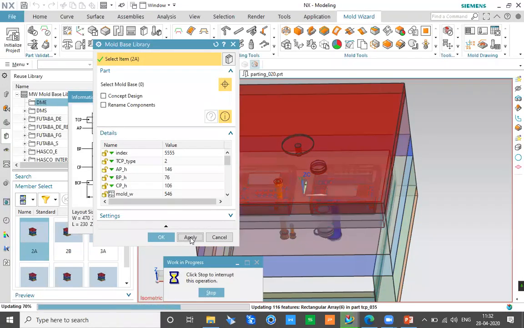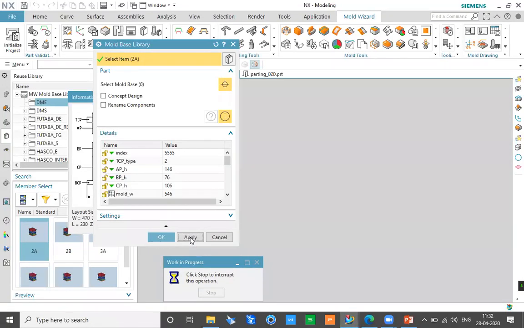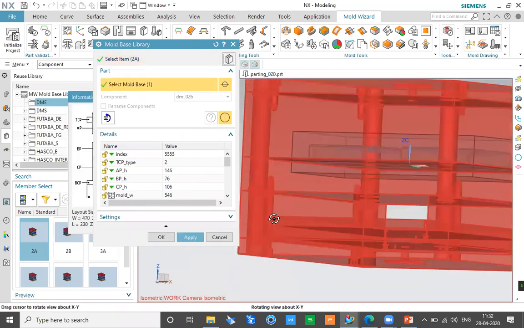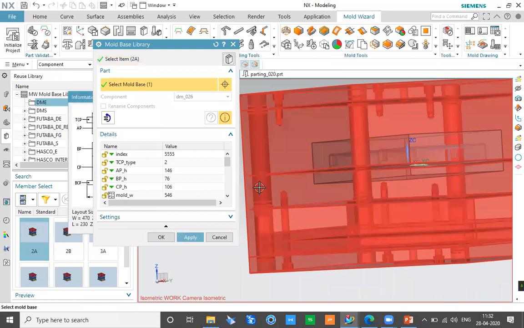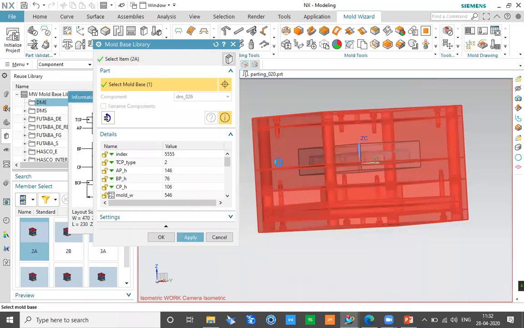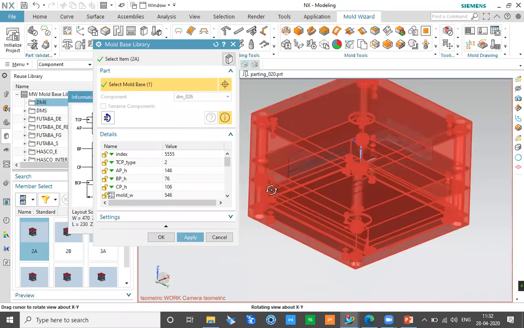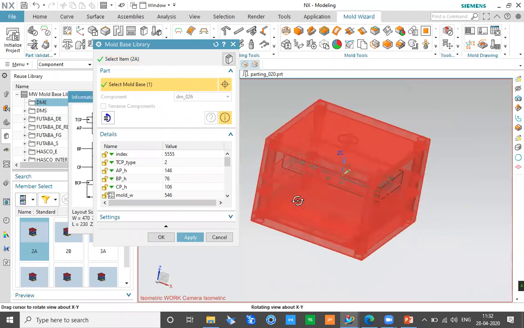Now, right in front of you, the basic mold base is getting generated. Not only the basic mold base, it also has all the basic accessories like your screw plugs, bushings, guide pins, guide pillars, and the respective set of nuts and bolts to hold the parts together.